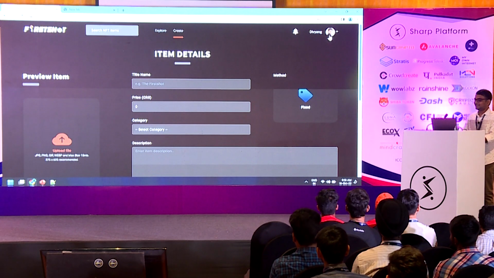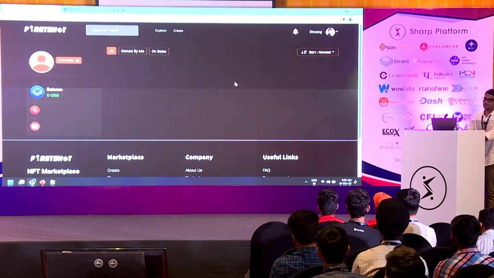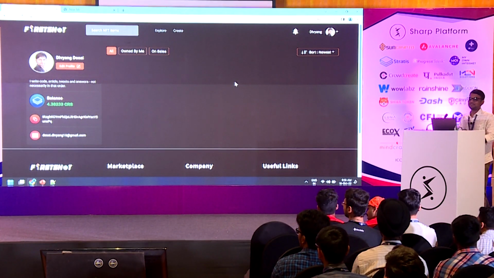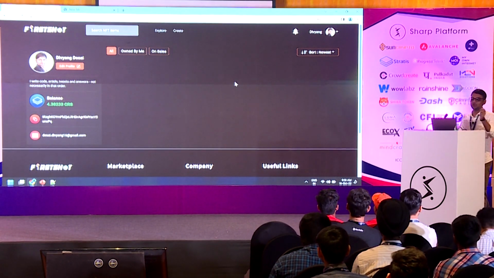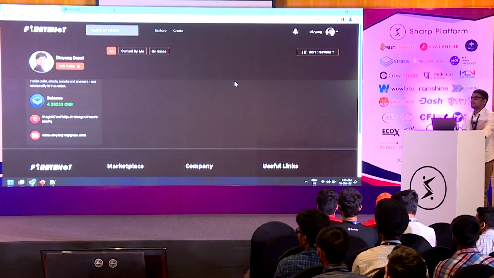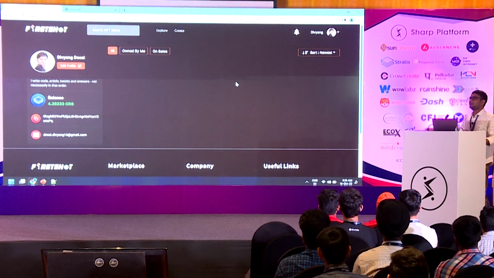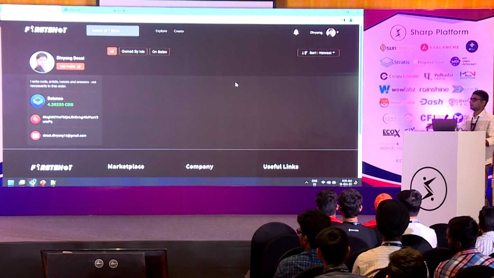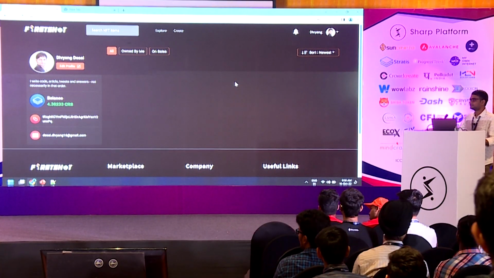No, CRS is the currency of Stratis. It's not crores, it's a token name, a short form of the token name. It's around $0.7 right now, but it fluctuates when demand comes.